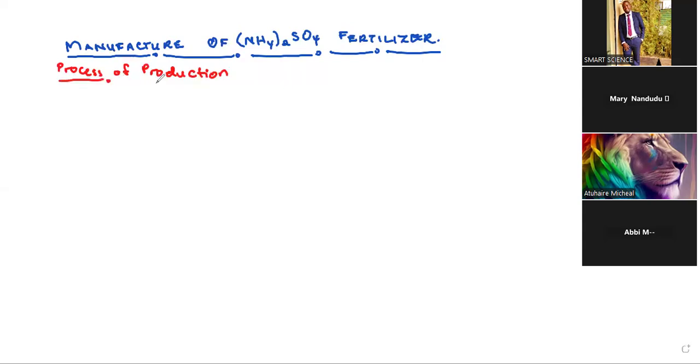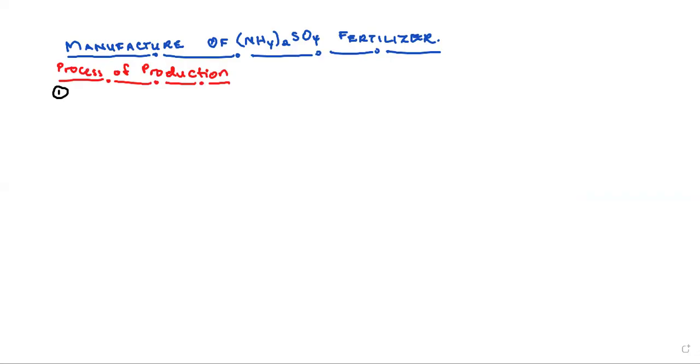And remember the marking areas I requested members to always include when they are discussing this industrial manufacture. So, process of production. One,